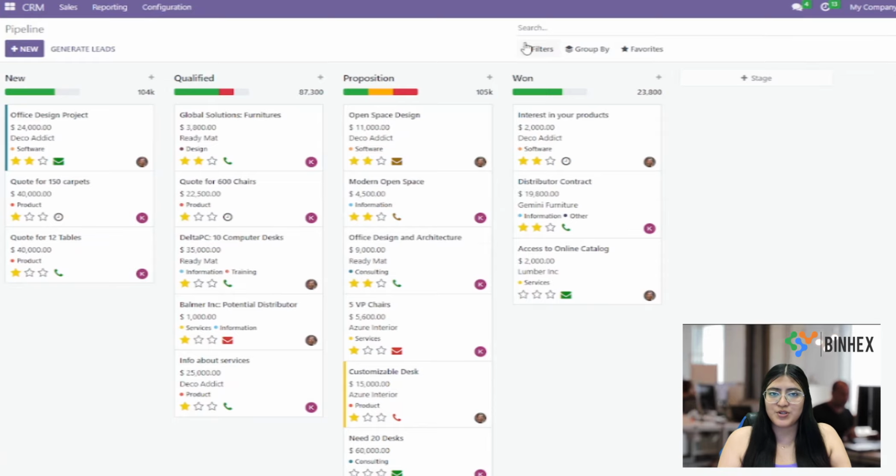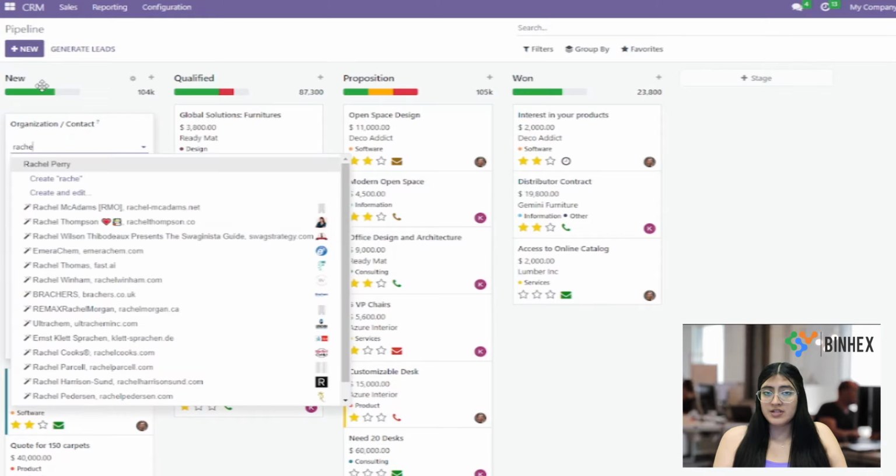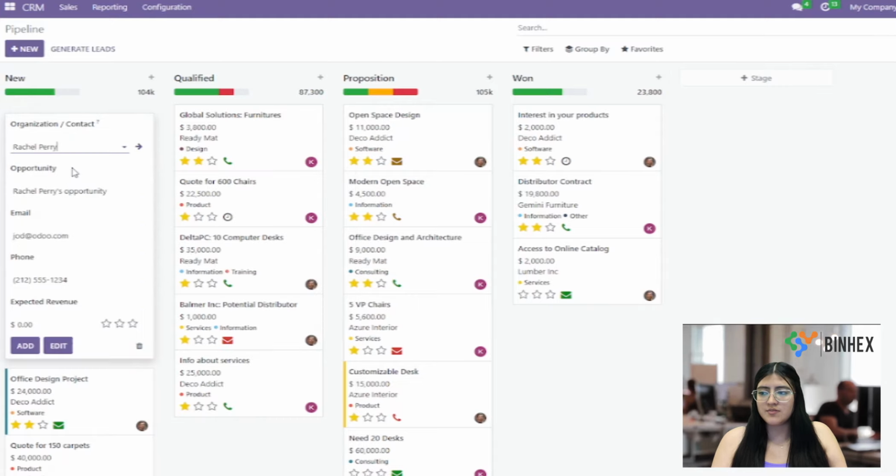Let's create a new opportunity. Click on New and select the customer. If you don't have them registered yet, no worries. You can create them on the spot. Once you select the customer, the details autofill, and a default title for this opportunity pops up, but you can